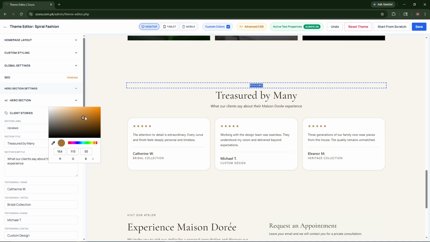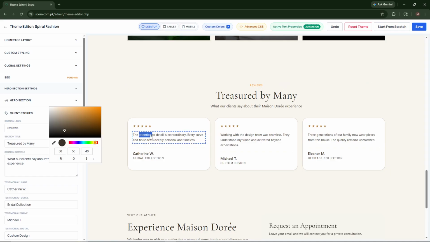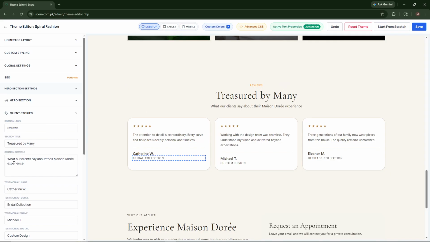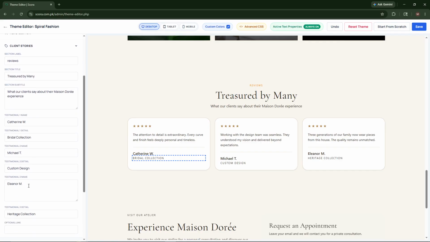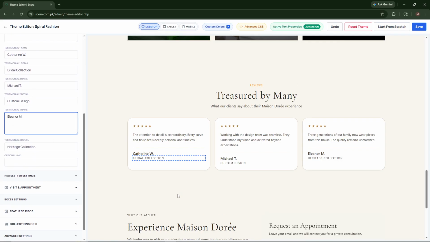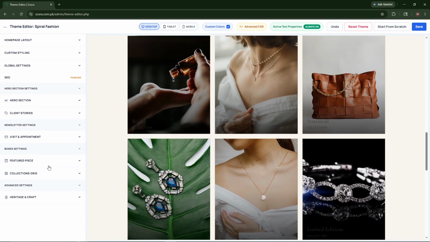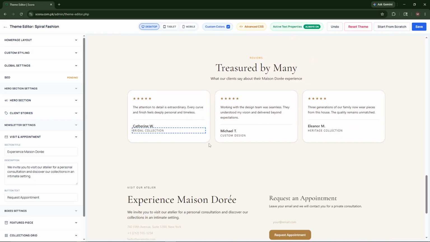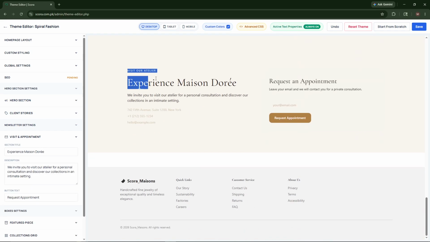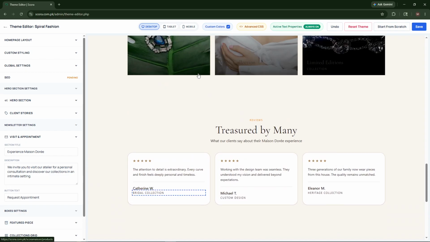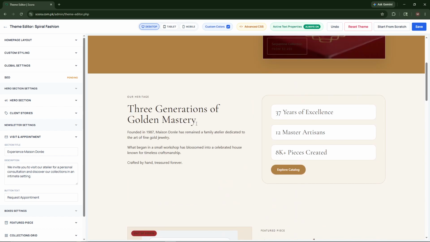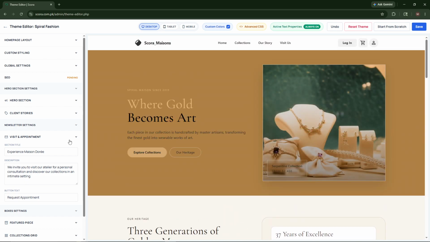Just double click on it and change your color, change the color whatever you want, and you can change the text of this to this, and also change the text by these sections. Now there are other options too for other sections, like visit appointment. Here it is, you can just change the text and color like we did before.